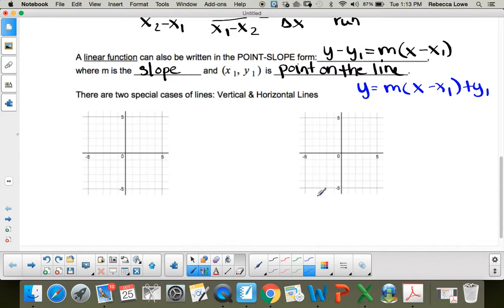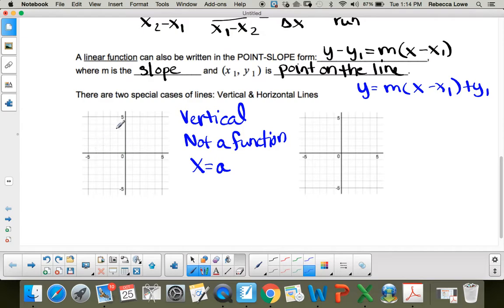There are two special types of lines. Vertical. Vertical is not a function. It's the only type of linear equation that is not a function. And all vertical lines are in the form x equals any number a. So for example, if I had x equals 3, it's a vertical line that runs through the x-intercept at 3. Every point on that line, x is 3. It has a slope that is undefined, U-N-D, undefined,